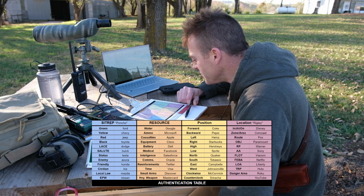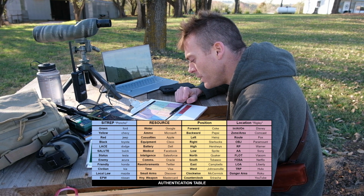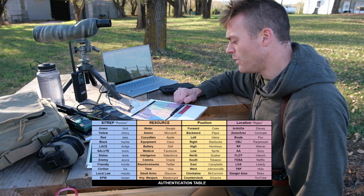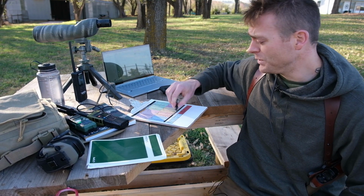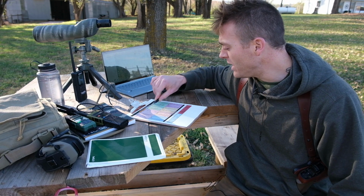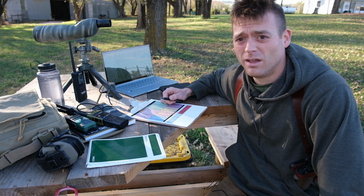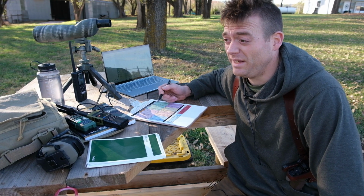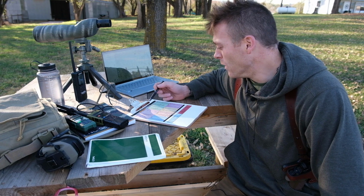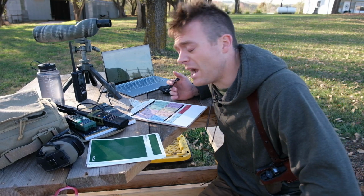Did I put casualties on here twice? I very well might have. I've got to make sure. That's one thing you're doing when you're making this, guys: you want to make sure you don't use the same words twice, the same code words twice, as well as don't have the same thing on here two times, because it can cause confusion. I've been on a couple exercises where you'll find that a word is on here twice and it gets confusing. Or if you've got multiple SOIs in effect over different days or different time periods,